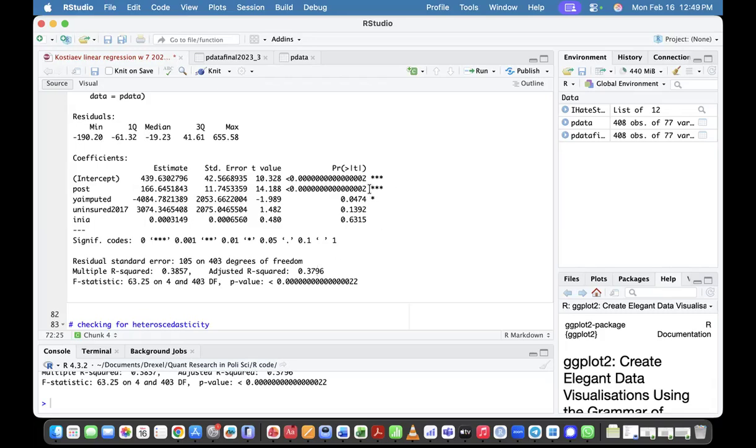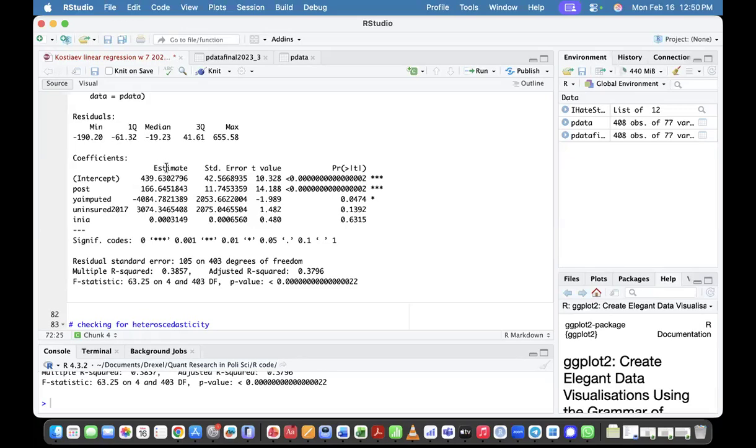Then you interpret the coefficients for the variables. RStudio gives you a hint with significance codes. If you have three dots, it's 99% confidence level significance. So the post variable is significant, but then the second step is you need to interpret the coefficient itself,